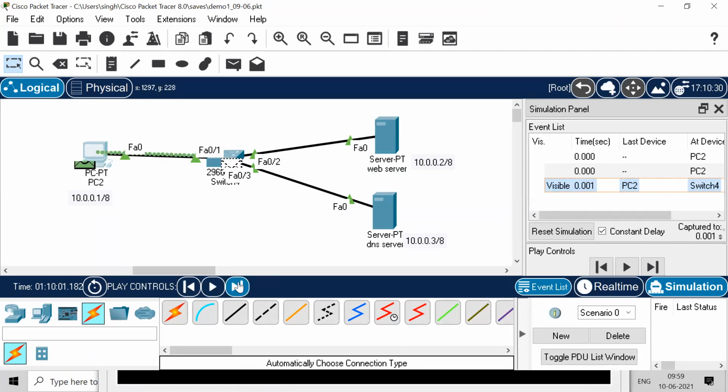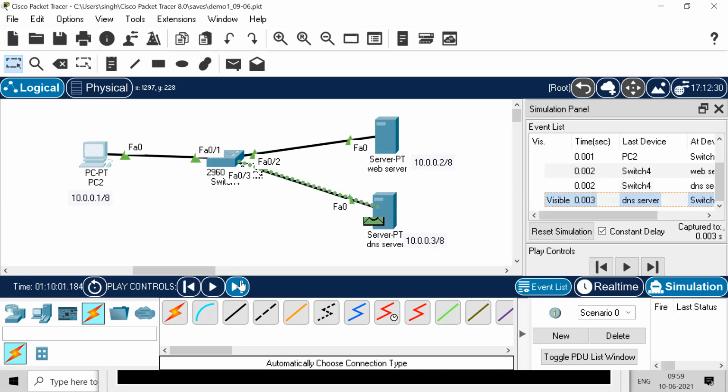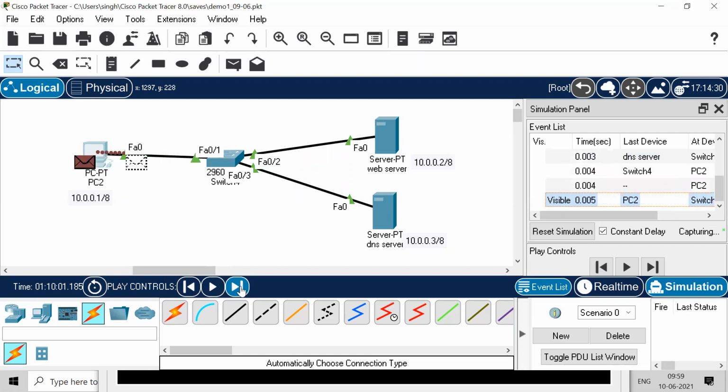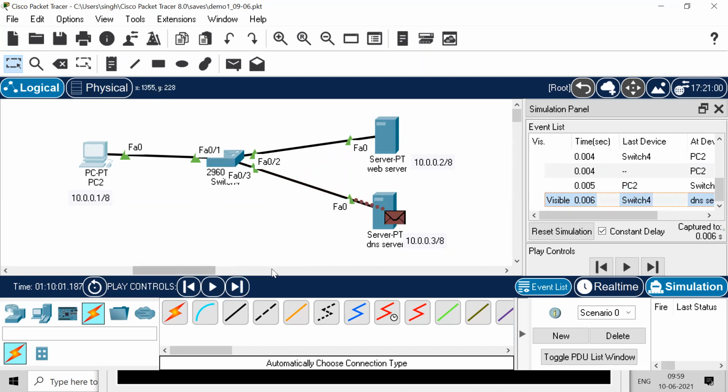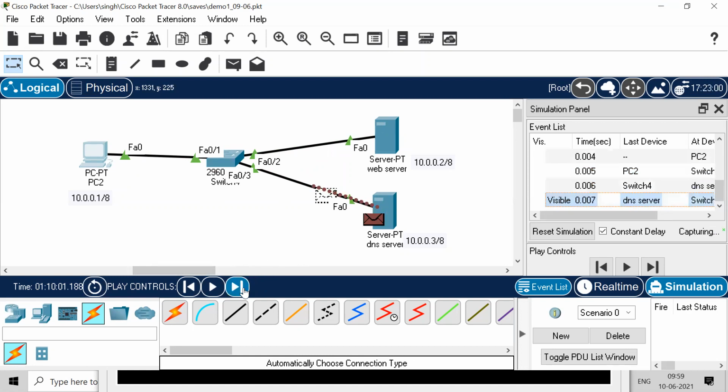What is that ARP? We will learn that in tomorrow's class or maybe next week's class. The ARP request reply has come. The DNS server's process has been started. So see, you typed ciscopackettracer.com, so it didn't go directly to the web server. It first started with the DNS server. The DNS request has gone to find the IP of ciscopackettracer.com, and the reply has been given by the server.